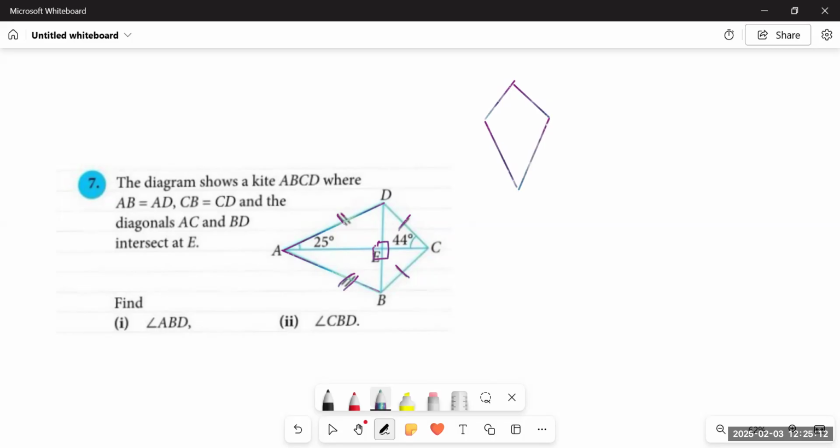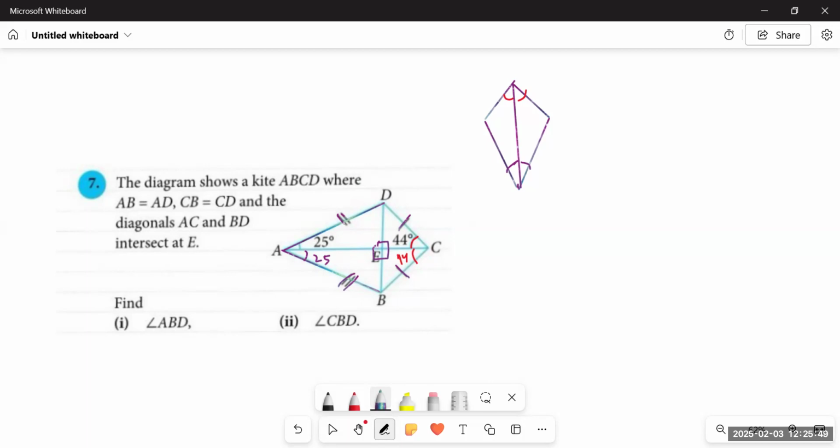and make it a vertical kite, we know that this diagonal line bisects the two angles on either side. So we can say that these two angles would be equal to each other. So if we look over here, these two angles would be equal to each other. If angle DCA is 44, ACB would also be 44. You see? And similarly, these two angles would also be equal to each other. So if one of the angles is 25, the other would also be 25. If angle DAC is 25, CAB would also be 25.